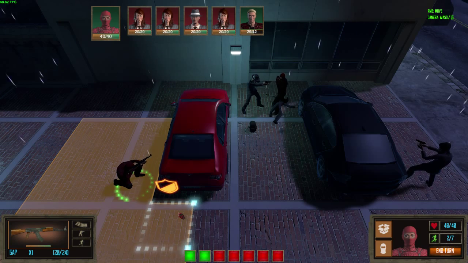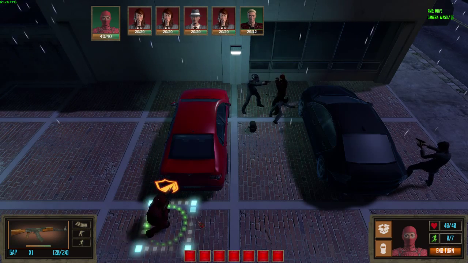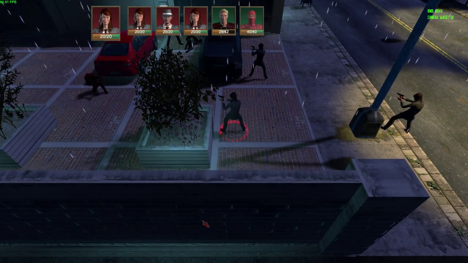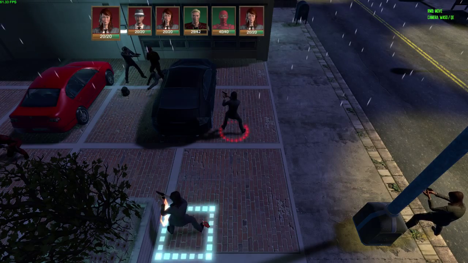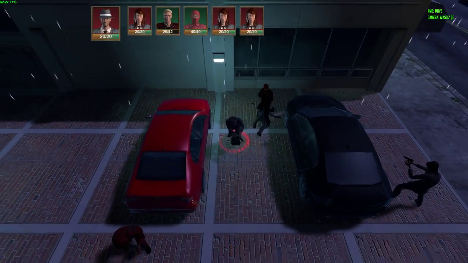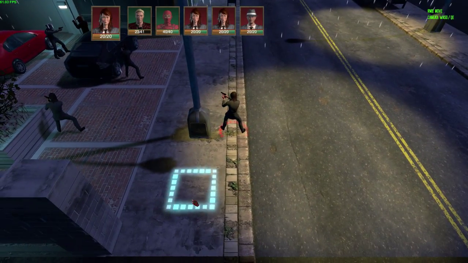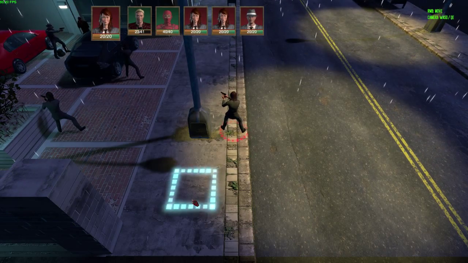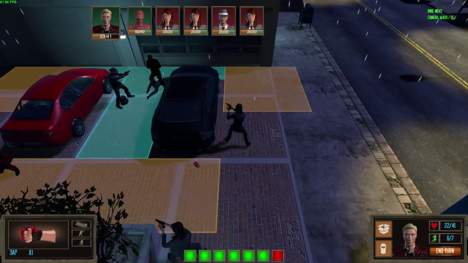And what I'm going to do is I'm going to actually move her out because I want to try to draw some of the fire away from the main character, and hopefully let him do a bit of uninterrupted attacking. Okay, that's worked pretty well. Now...